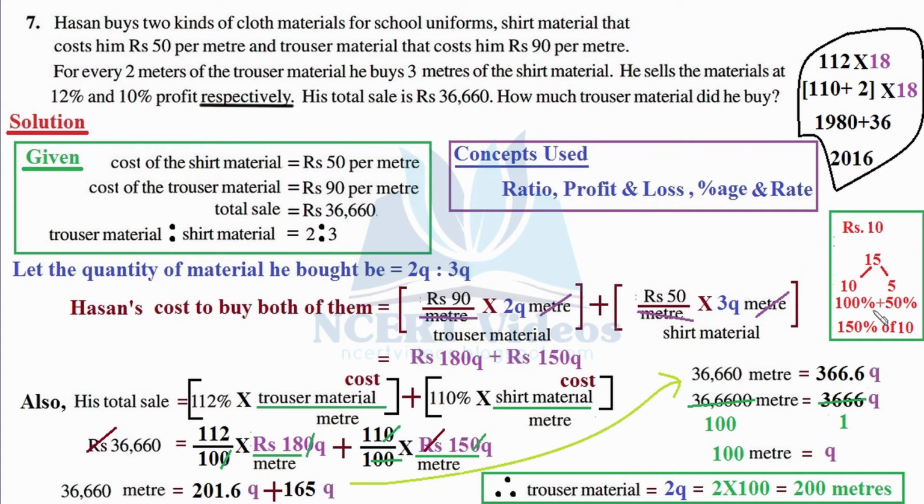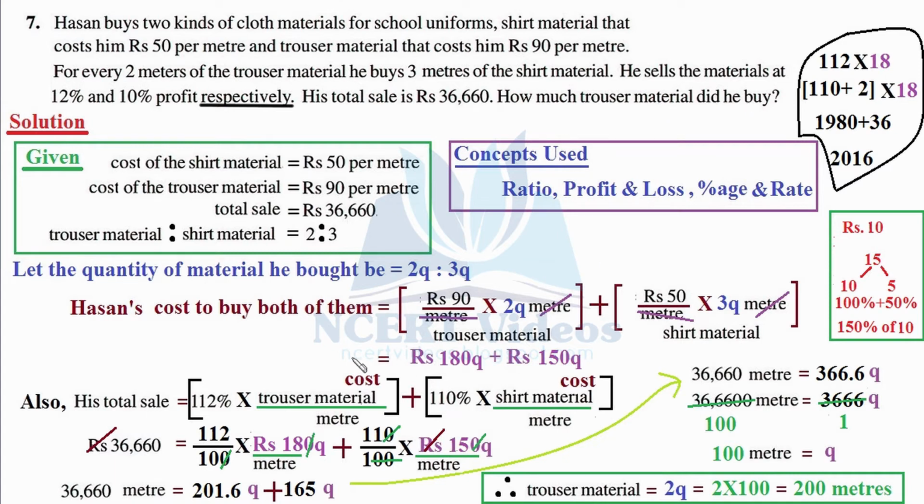So in case of profit, if you add the profit percentage to 100, you eventually get the complete money. Or if he would have given you only rupees 5, then you would have a loss of rupees 5. That would be a loss of 50%. In that case, you would have subtracted 50 from 100. That would be 50% of your original money. That's why we simply add whatever our profit is to 100 in order to get a complete value. That is the only reason we added our profits to 100. Therefore, this is our final equation that we shall solve in order to find our value of Q. With that, we can ultimately lead to our answer.